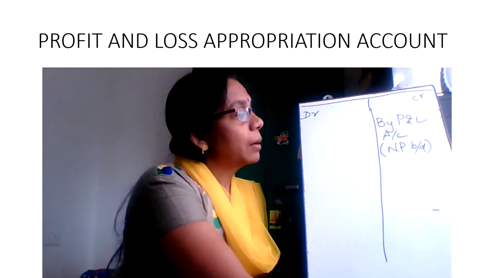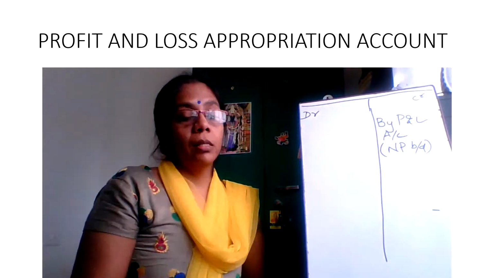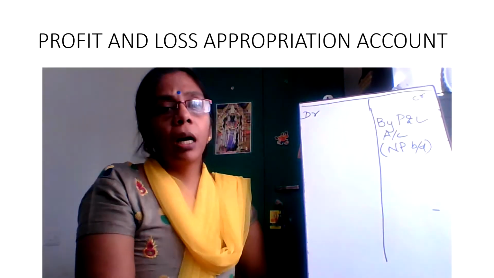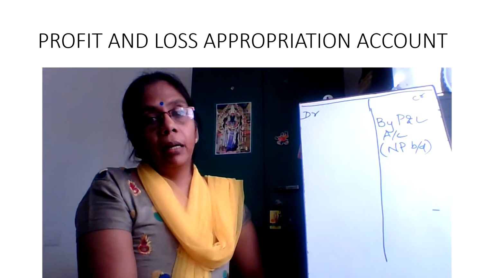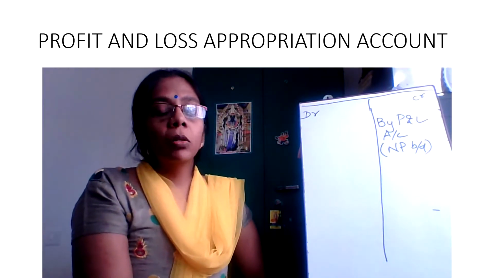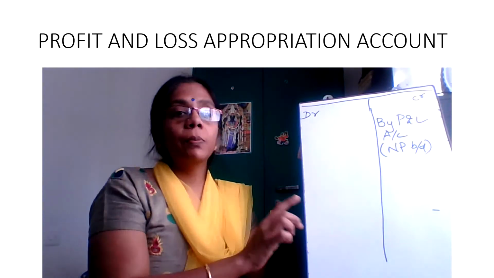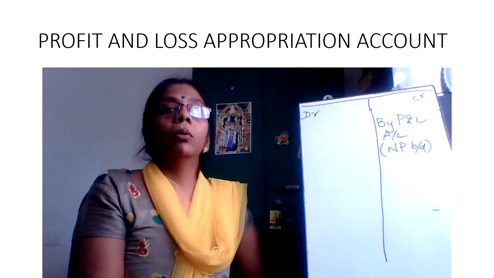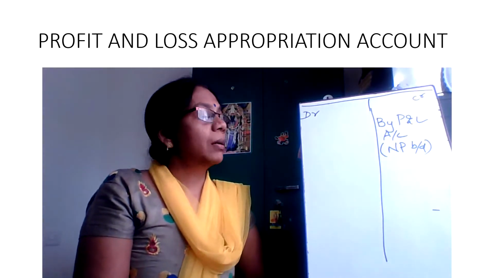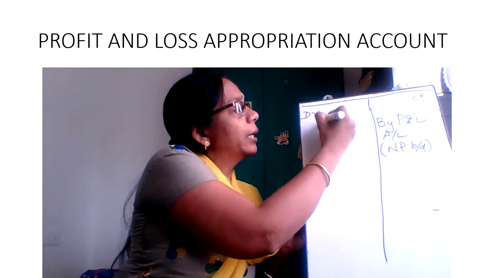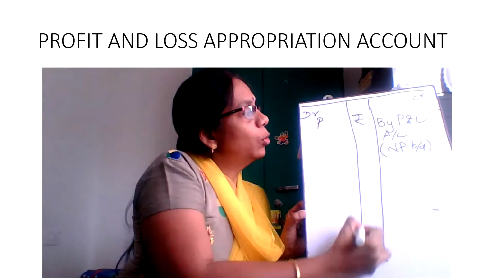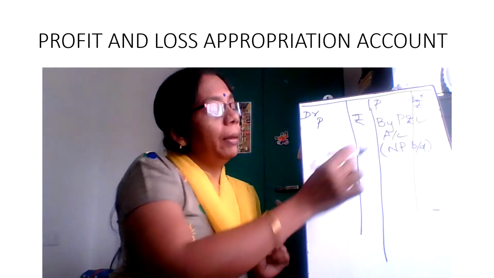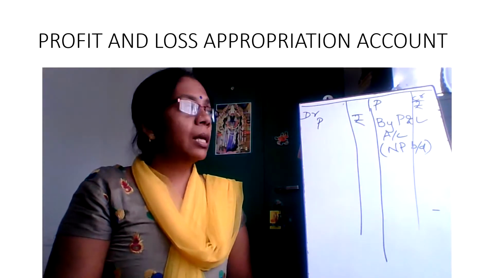The reason is very simple. These final accounts are prepared on a particular date. So when you give the heading, you would state it as profit and loss appropriation account for the year ended. So therefore, this final account is prepared on a particular date. That is the reason why we do not give a date column. So it would be just particulars, rupees, particulars, rupees. So there will be two columns observed on the debit and on the credit side. You would take only particulars, rupees and particulars, rupees.